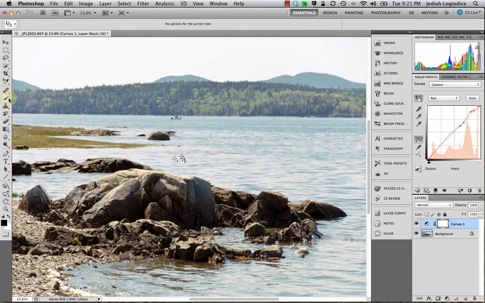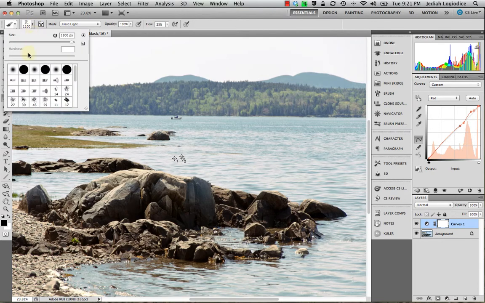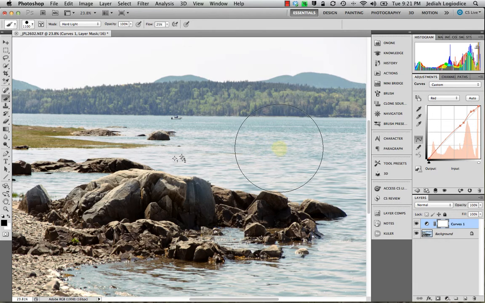Now, if you're not familiar with masks, I'm going to use my brush tool, and I'm not going to put my watermark on here. Just take and paint. And with masking, when you paint in black, what you actually do is mask out the modifications that you've made in the layer. So you can see here as I'm drawing in black, it is returning that blue color to the water. So I'm going to go around here, and in the areas of the water,